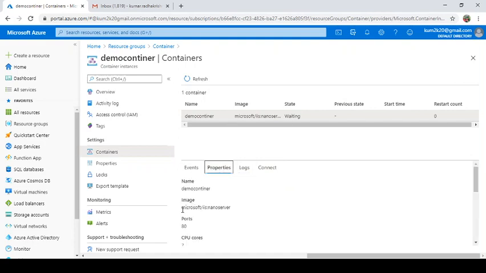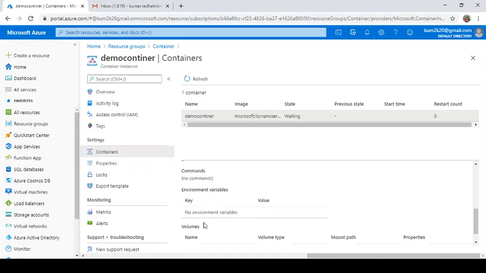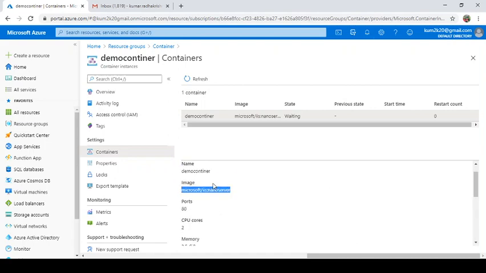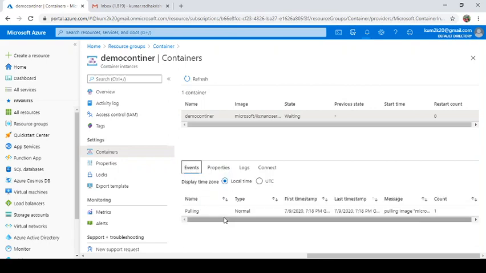So you can see the image. This is the image for IIS Nano Server using a Hello World, with port 80 exposed. Under the specification, it has 2 cores and 2.5 GB. You can see the image is currently being pulled.